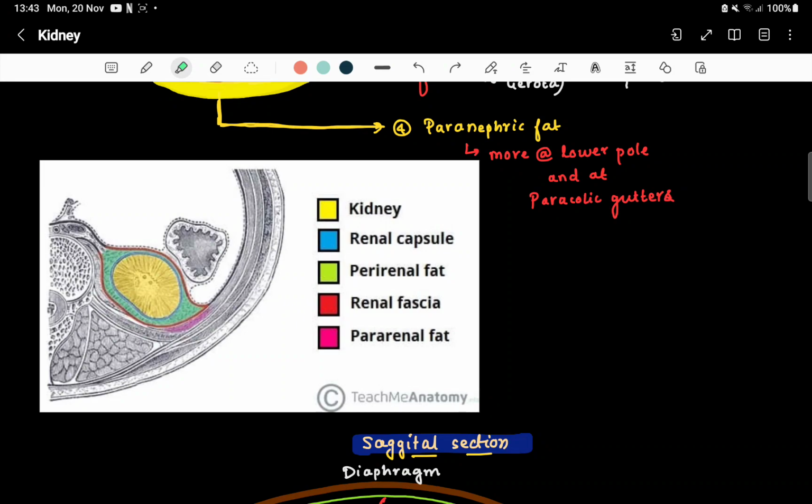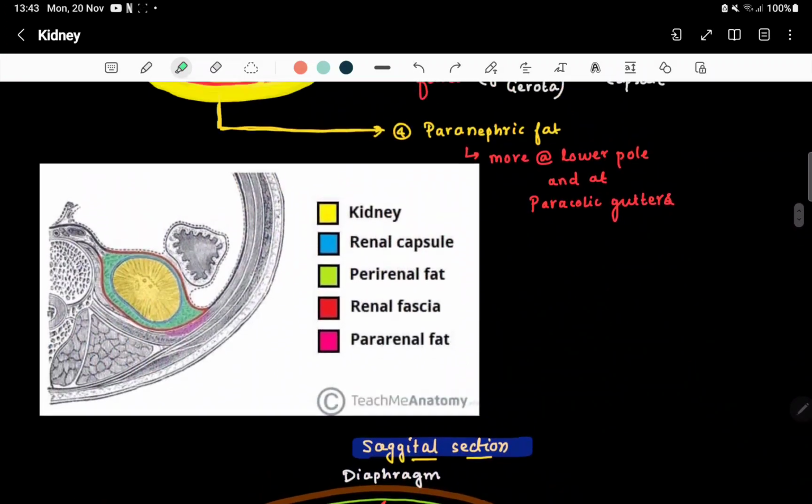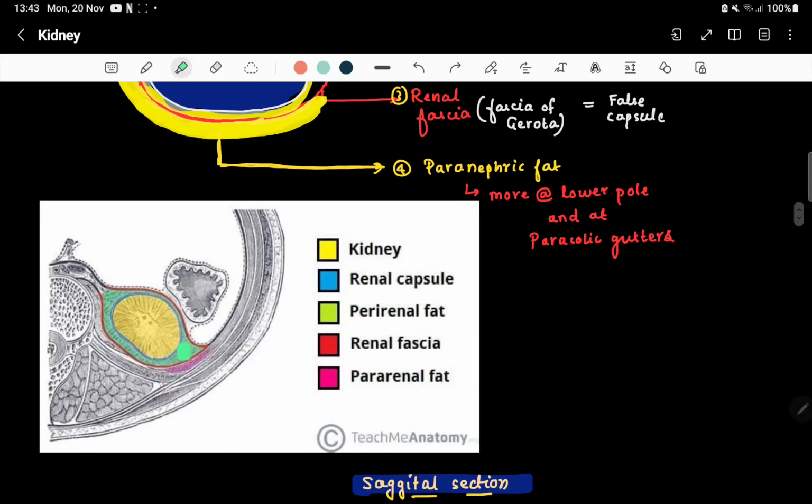Okay, you can well appreciate this. This is the renal fascia that is covering. Renal fascia that is covering. Okay, this is the outermost layer, the false capsule. Okay, then you have the perirenal fat, that is present just deep to your renal fascia. Okay, and then the renal capsule, you can see the blue part, you can see the renal capsule, and the